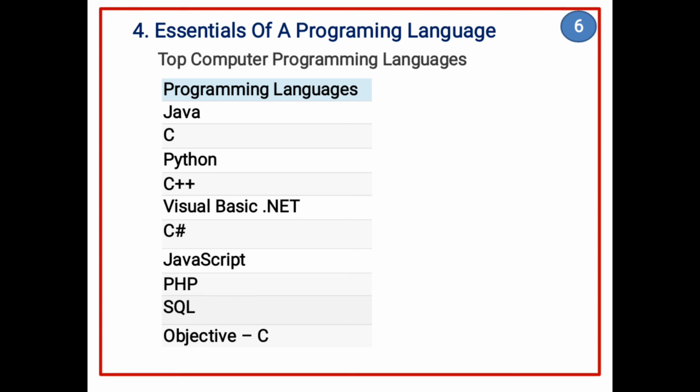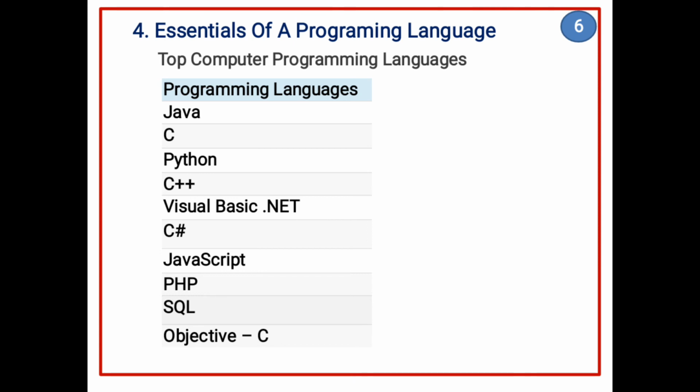The next popular language is SQL. This is a standard query language, and the practical applications of this language are querying databases, CRUD operations in database programming, creating stored procedures, triggers, database management, etc. And the last is Objective-C.